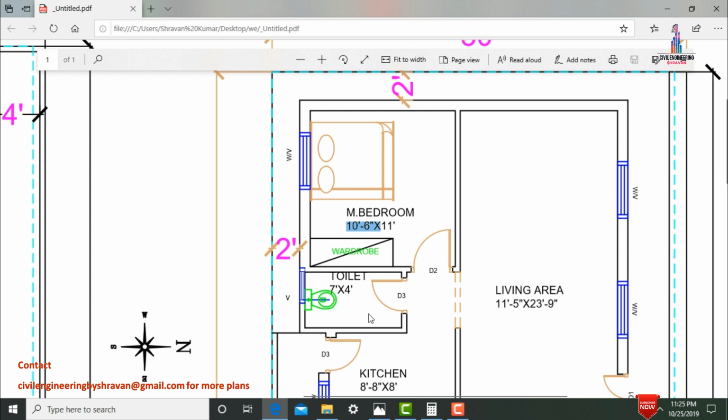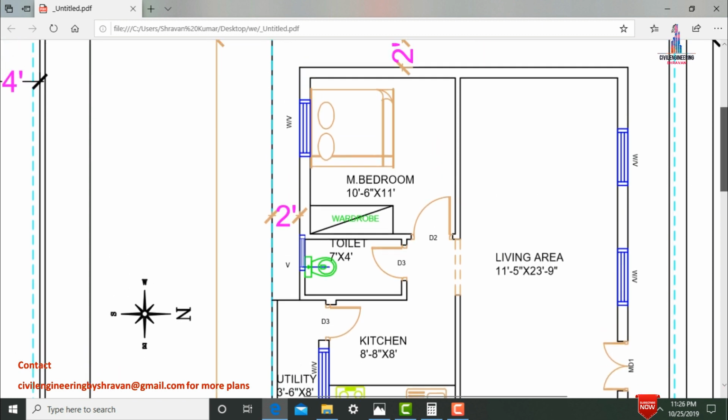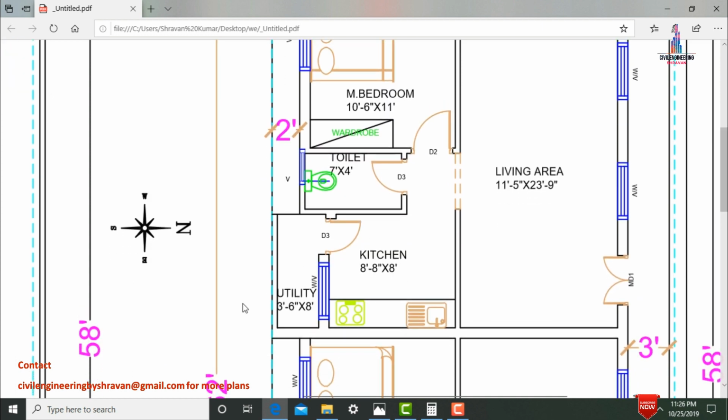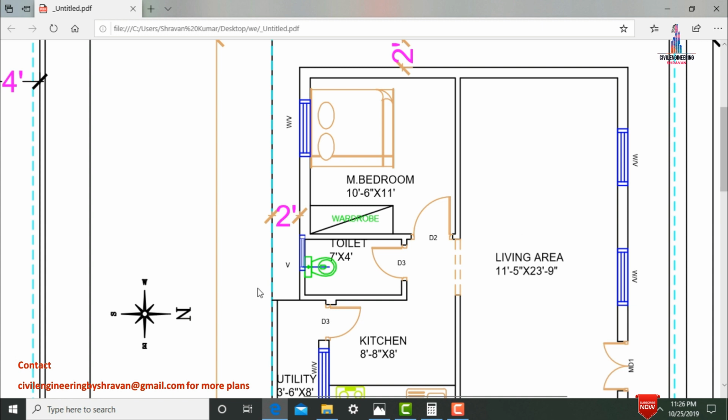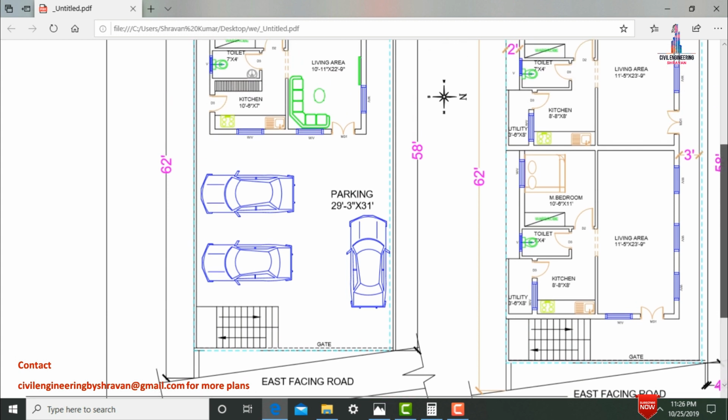So these are the dimensions for this respective washroom, which is consisting of 7 feet in x direction distance as well as 4 feet in vertical direction distance. So for this respective second portion it will be consisting of 2 windows in north facing direction as well as 2 windows will be provided in south facing direction, and one ventilation will be provided for the respective washroom in south facing direction. Now I will explain you the balcony dimensions for this respective house.